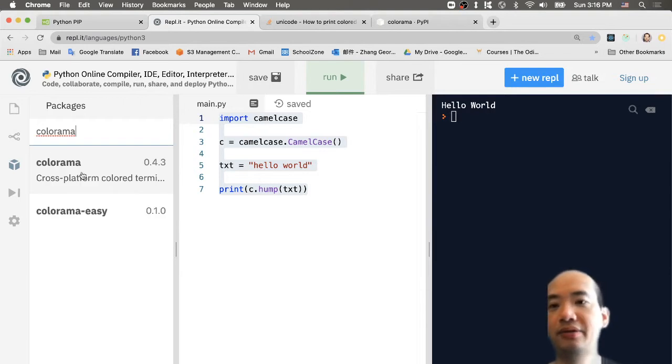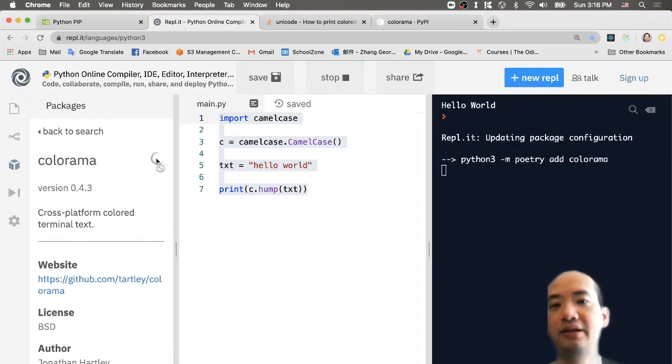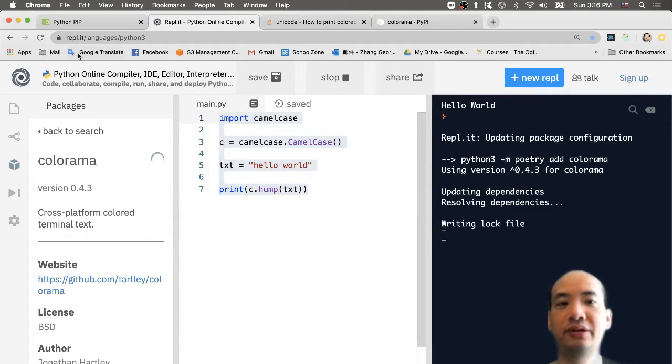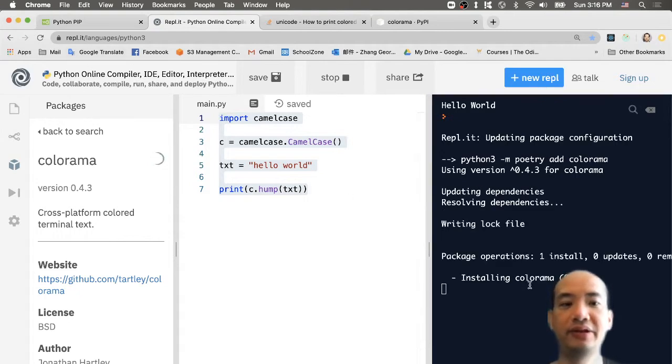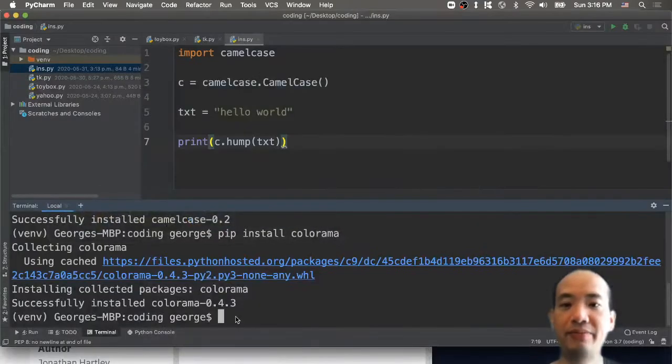And now you can see there's a Colorama here. You click on it, and now you add it, and now you add to the repo. Now it keeps installing. And by the way, if you have some problem on PyCharm, there's no pip command for you,